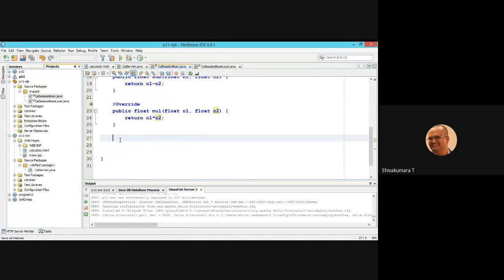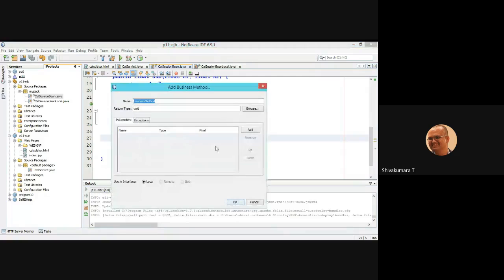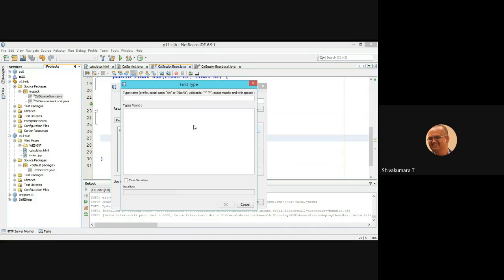Then the fourth method is insert code, add business method, division. Return value is float, add n1 float, and n2 float as parameters. If any exception you need to define, you can define.